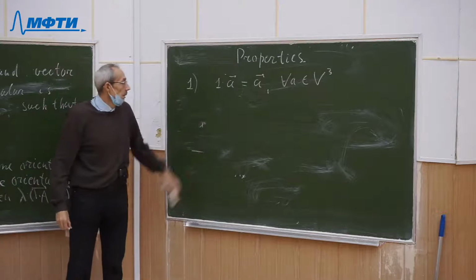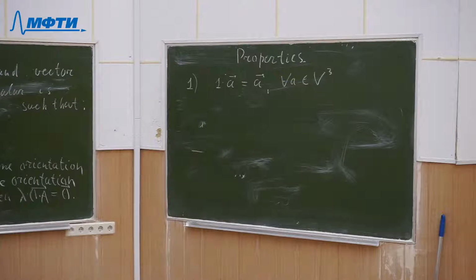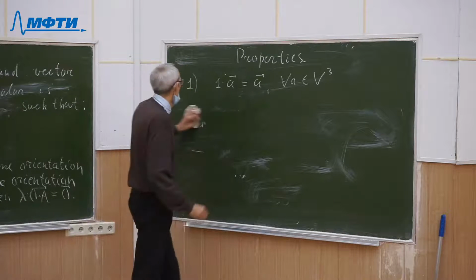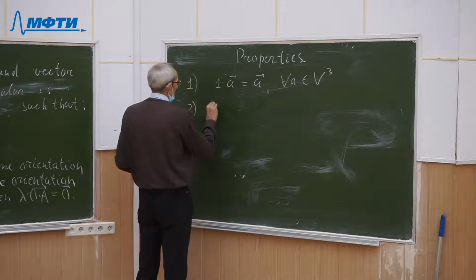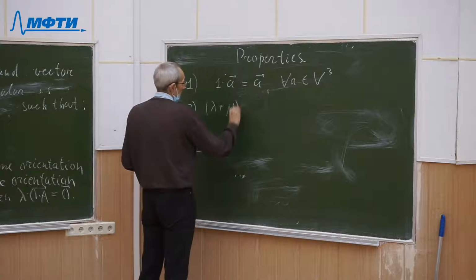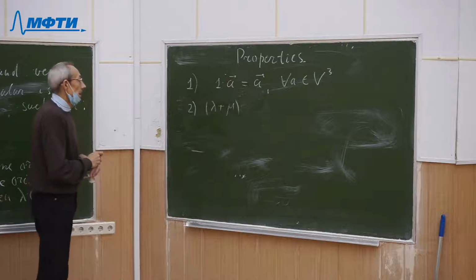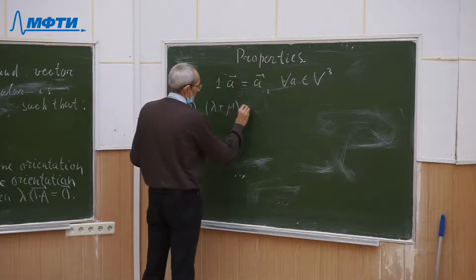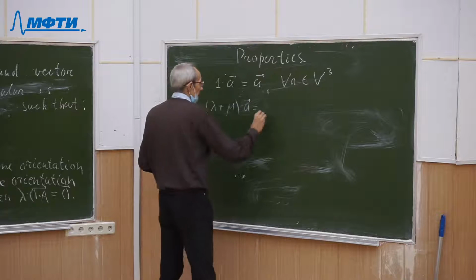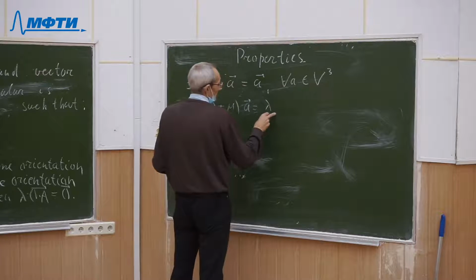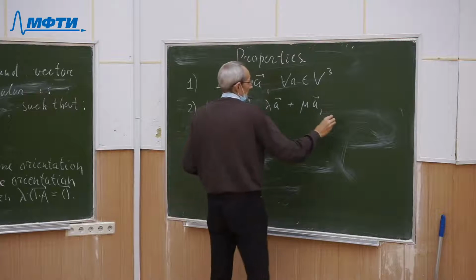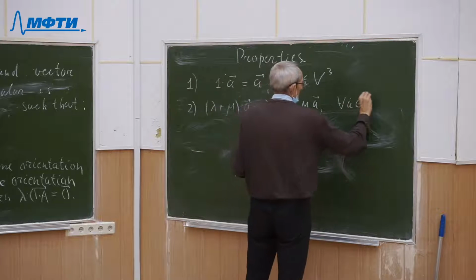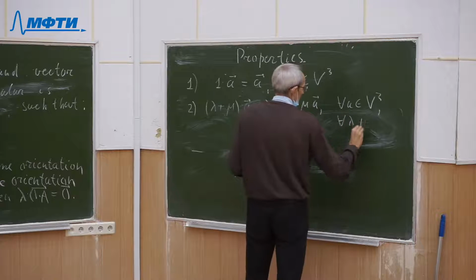By definition, if we multiply 1 on vector A, we obtain vector A. Second property: if we have two numbers lambda and mu, and if we multiply the sum of these numbers on vector A, we obtain the sum of the following two scalar products, lambda A plus mu A, for all vector A and all real numbers